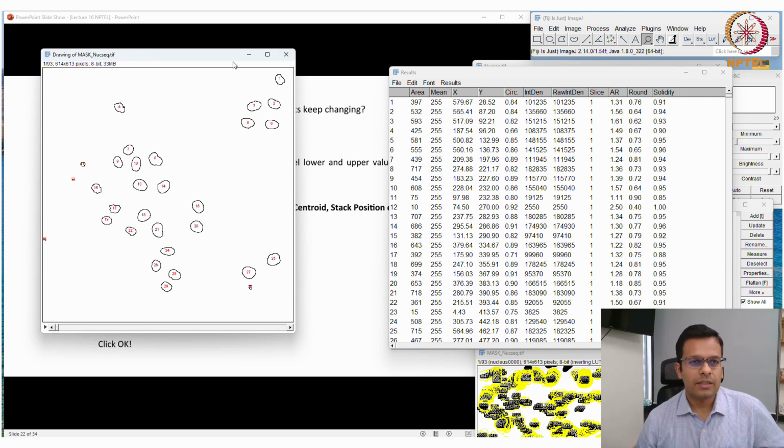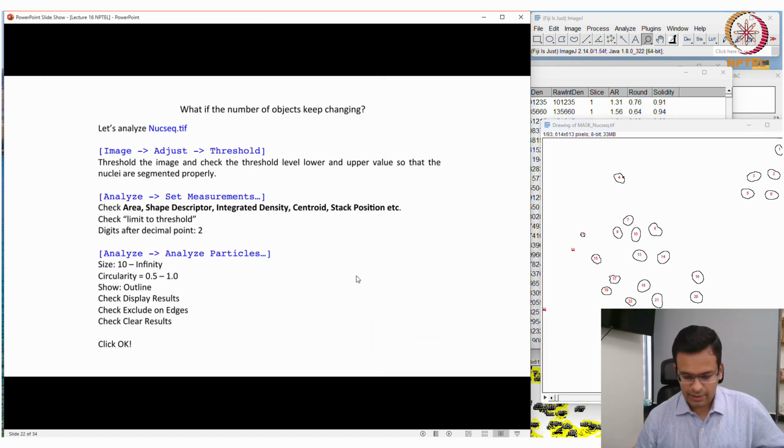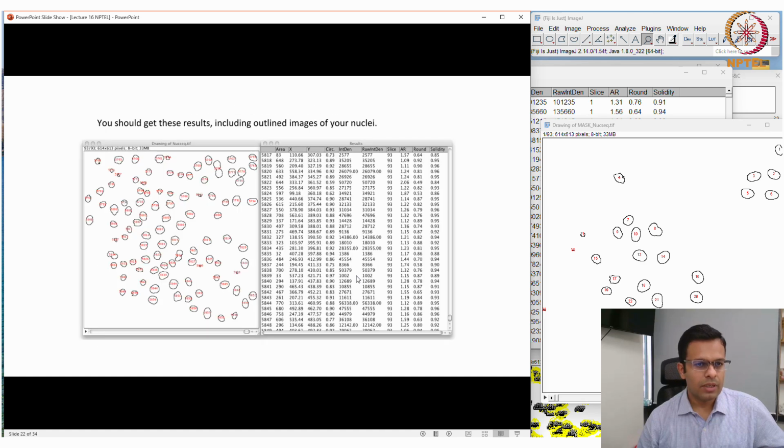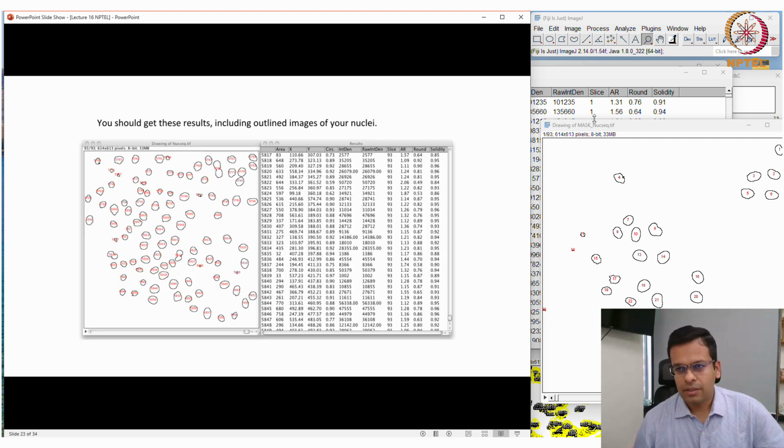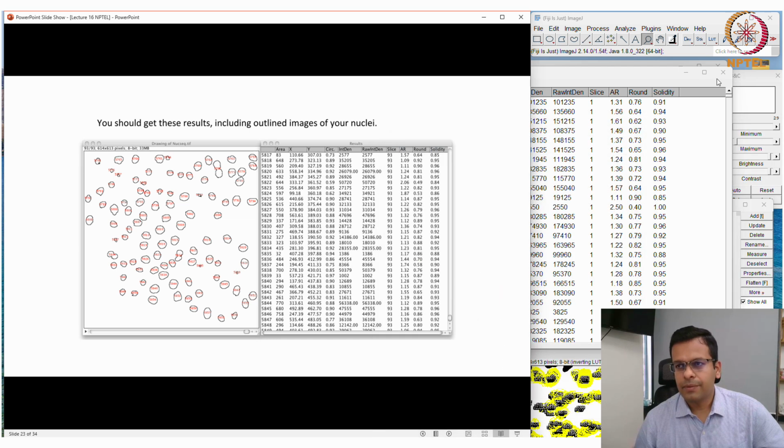I'll just close it. This exercise is over. This is how we got the results, each of these nuclei were identified with a unique number, and we got the area, x and y, and other parameters that we already mentioned. So this is it. I will close these images.